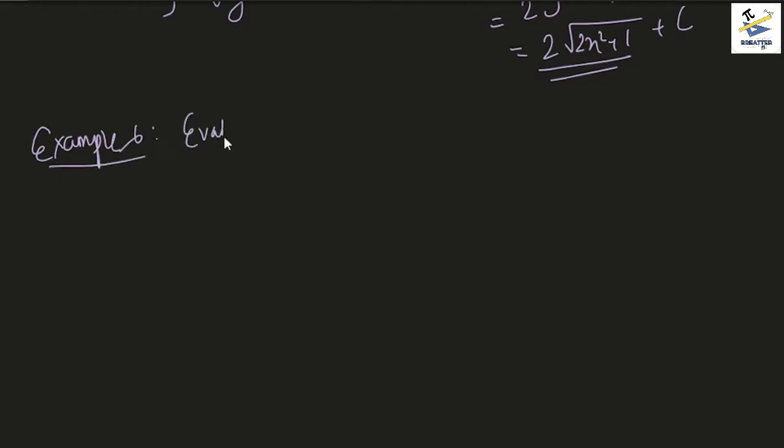Evaluate the integral of sine of root x by root x dx. Now again, in this one, as you can see, the only portion that is not going with the integral is the root x inside the sine, right? And we are kind of sure that whatever else is present in the integral should be the derivative of that, right? So let's see. We observe